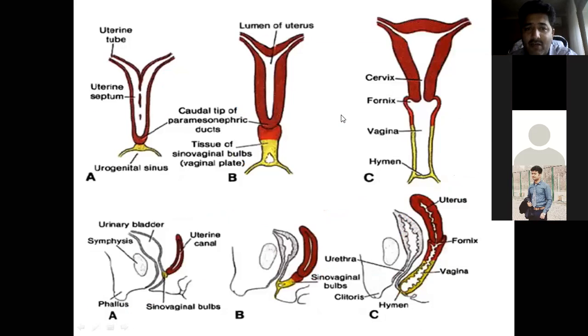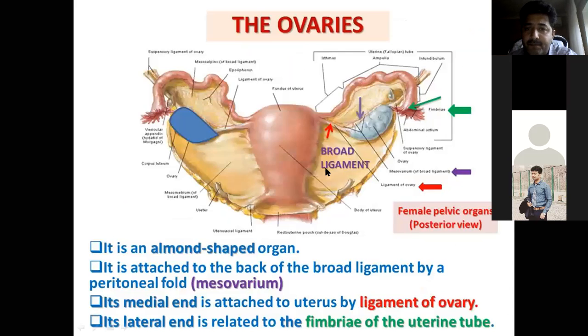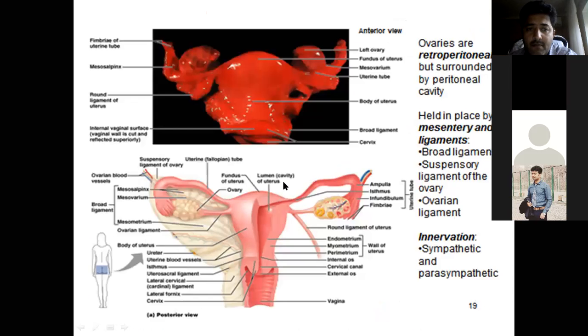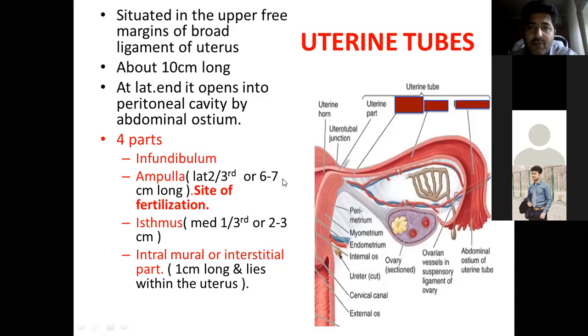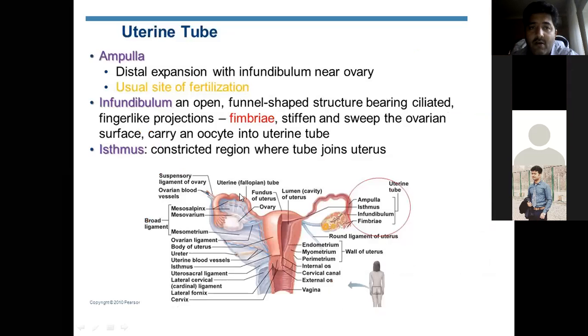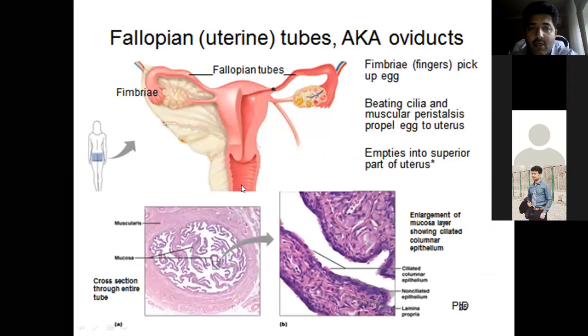Development of female reproductive system. Okay, this is the ova or egg released from the fallopian tubes. Okay, these are the parts of the uterine tubes you already know: infundibulum, ampulla, isthmus, intramural. Ampulla is the site of fertilization. Okay,